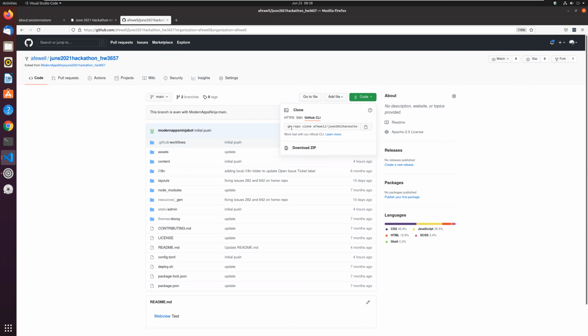I will sooner or later probably have some lab guide for that, but it's not my highest priority, because there are tons of good documents out there on how to do the initial setup for the GitHub CLI. But as you can see here, there are all three options if you want to use HTTPS, SSH, or the GitHub CLI. I don't currently enforce any type of token-level access requirements for these repositories, so you can easily just clone your fork down.